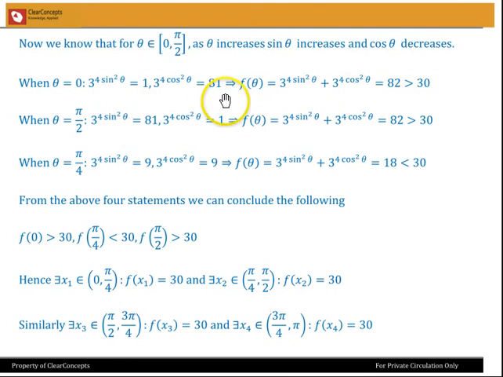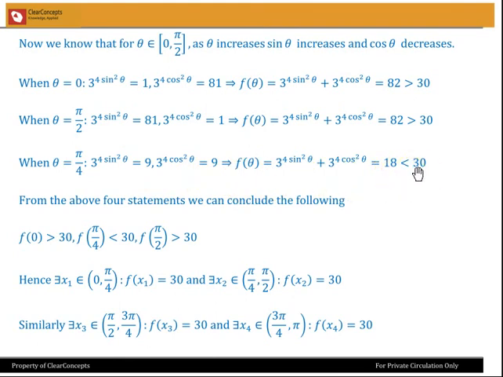81. And I'm identifying f theta is equal to 3 to the power 4 sine square theta plus 3 to the power 4 cos square theta, and that turns out to be 82, which is greater than 30. At the other extreme, when theta is pi by 2, then 3 to the power 4 sine square theta is 81 and 3 to the power 4 cos square theta is 1, which means f of theta is again 82, which is, as we've seen, greater than 30. At the middle point, when theta is pi by 4, 3 to the power 4 sine square theta is 9 and 3 to the power 4 cos square theta is also 9, which means f of theta is 18, which